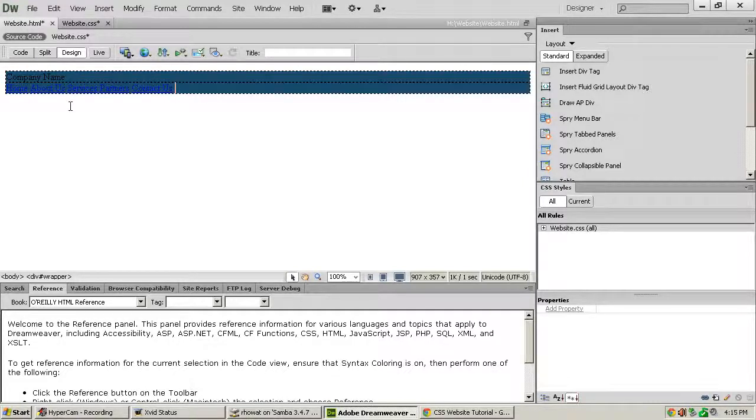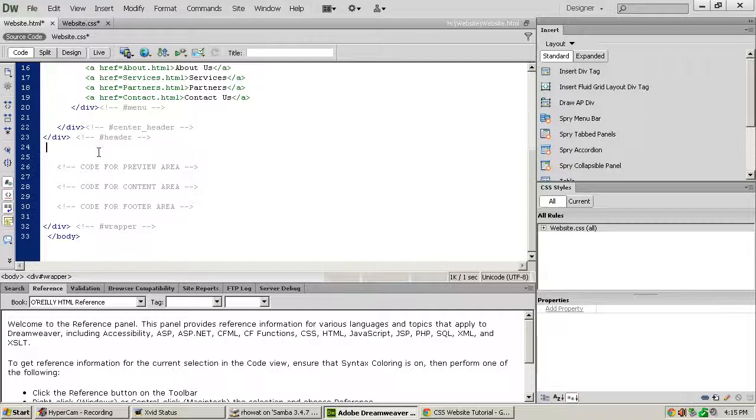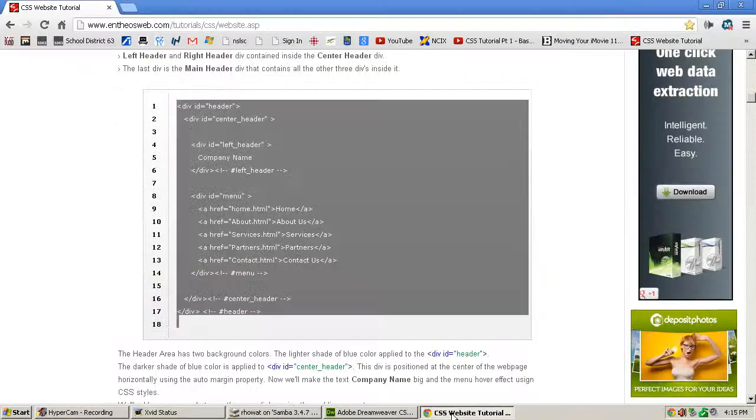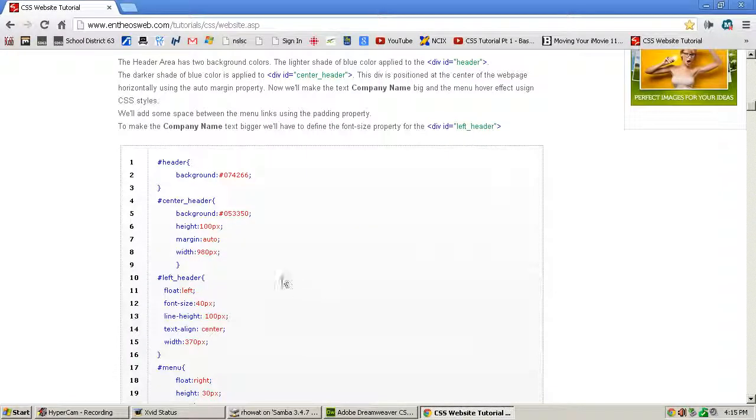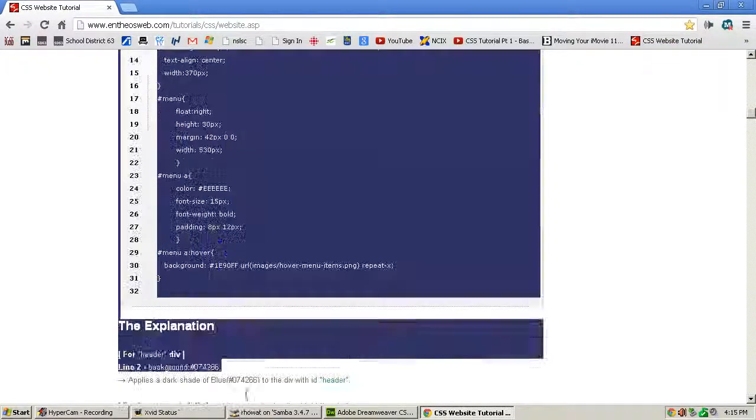It says company name, home, but the automatic default is to justify everything to the left. Not to center it, but to align it to the left. The default alignment is to the left. So now we want it to look a little nicer, and we want to change some of the size of the texts. So we could do it manually and just type this in, or we can just copy